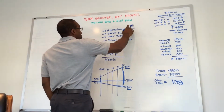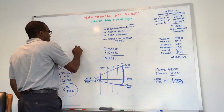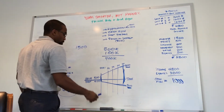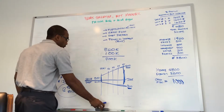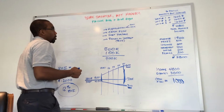It affects not only the value of the property, but also your rents. If you start off with a 3-bedroom apartment in 2014 at $1,500, it's not going to stay there. Over time, rents are going to increase as well. As new people move into Boston, as the supply shortens, and as demand increases, rental values are going to go